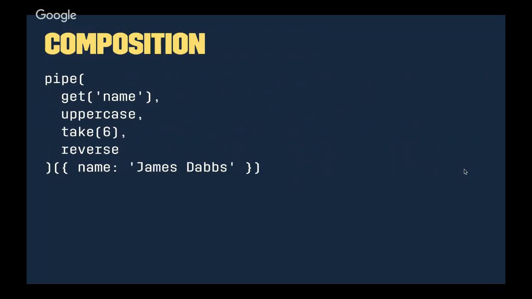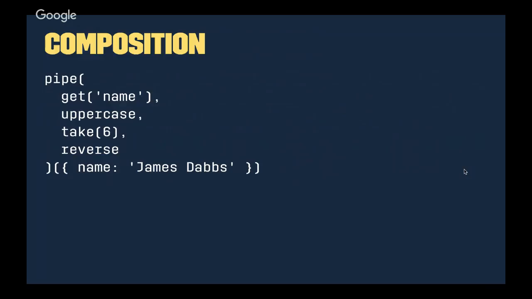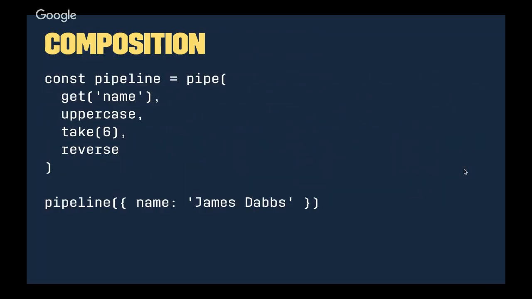There are some things that I like about it. I think it's clear to see what I want to do, and importantly there is no branching, there's no conditional, it's always the same consistent data flow. I take my value, I fetch the name, I uppercase it, I take the first 6 characters, every time. One of the nice things about this perspective is you could even write it this way and think of the pipeline itself as a fundamental object. The pipeline is the process that feeds a value through the sequence, and then I can build up that pipeline in some place and apply it to data later. Just thinking about the data flow.